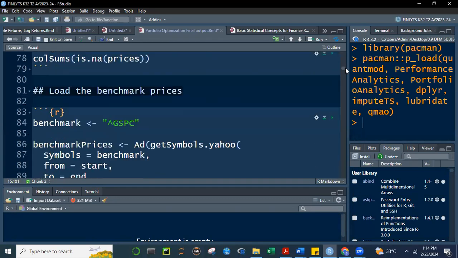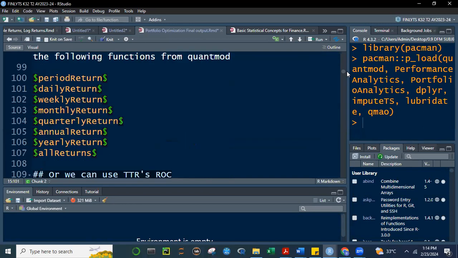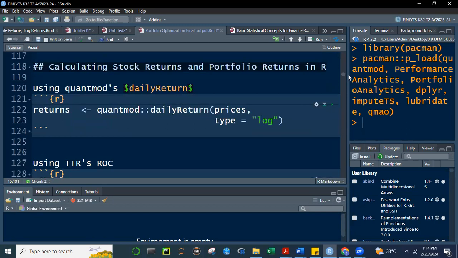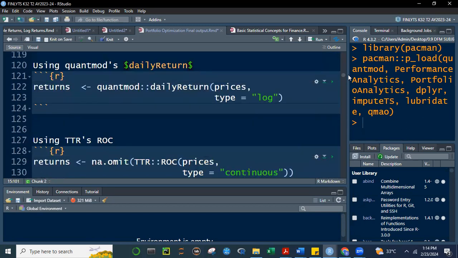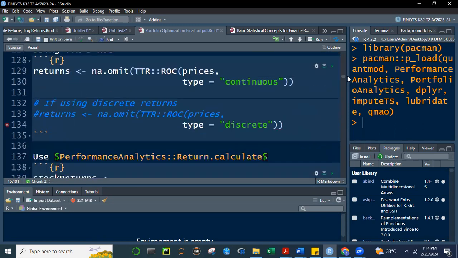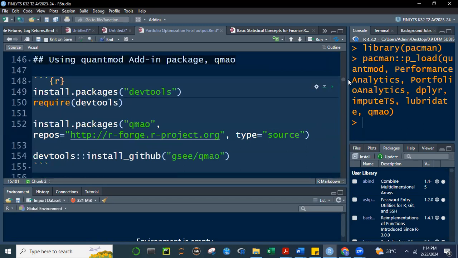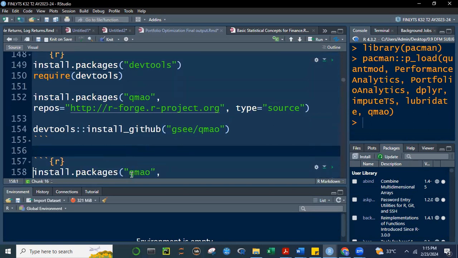Okay. So today we're going to do another. Let's review what we did last time. We're going to use the QMAO package in order to get either the prices or the returns. So let's make sure that we have already loaded our quant mode add-on package a while ago. So just to summarize, class,